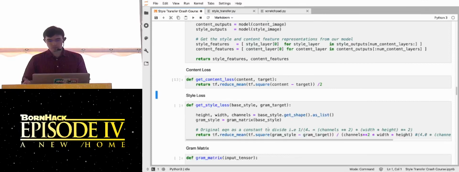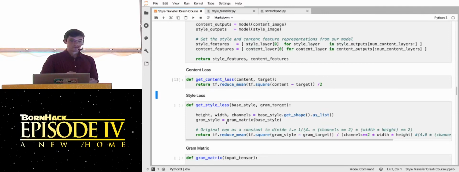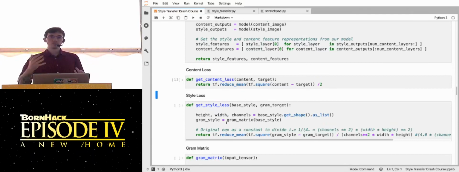No magic there. With the style loss, we're doing essentially the same thing, except for one nuance, which is a gram matrix transformation. A gram matrix transformation is essentially you flatten a tensor and then you multiply it by its own transpose. Really, from what I understand, the authors of the original paper that this is based on, which I also linked to in the GitHub, they didn't have a clear idea of why this worked so much better, as opposed to just using the raw stuff.